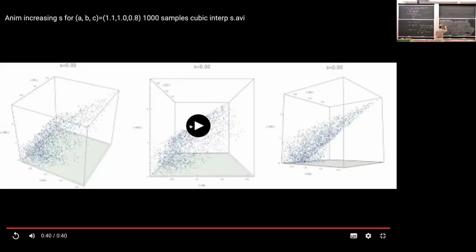Let me call it, for shorthand notation for the network, we'll say trop.